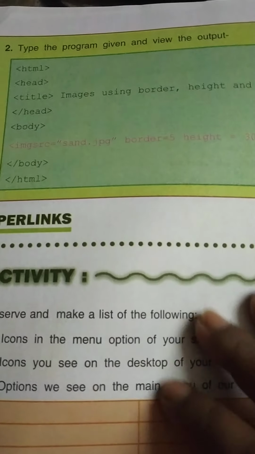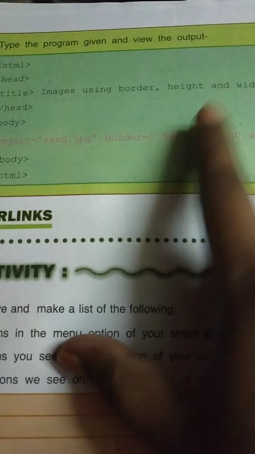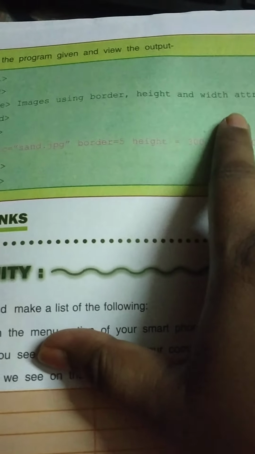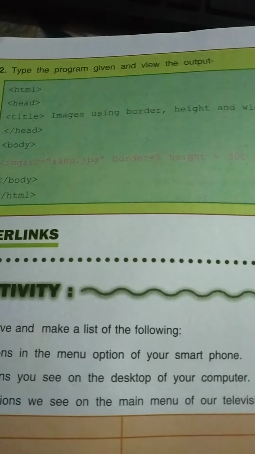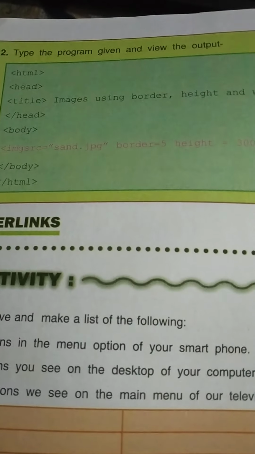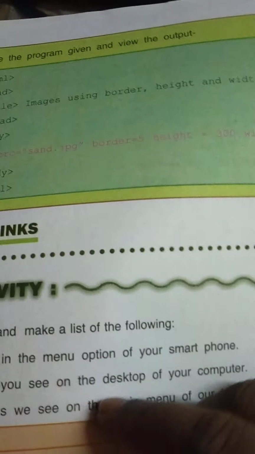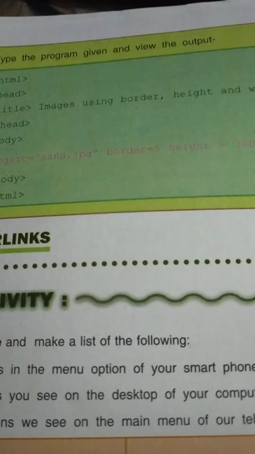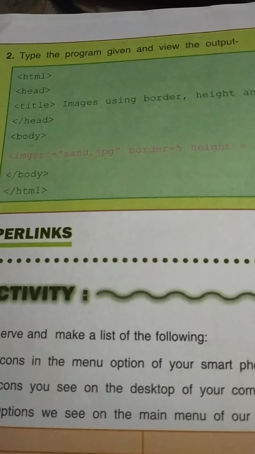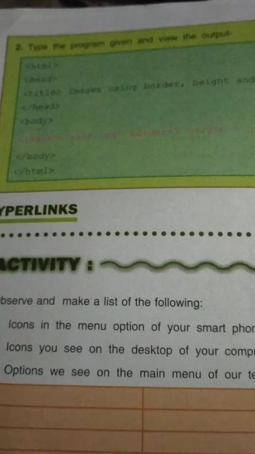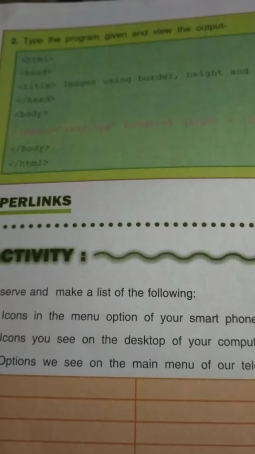Now in the next page you have a program on this. Already we have done it by putting the attributes height, width and border and seeing the changes over it. Okay, so you can also make your necessary changes. Here it has given 300, so depending on, we have seen that we have given 100, we have given 30, how small the image was looking. Okay, so depending on your choice, you can also give your image size, height and width.